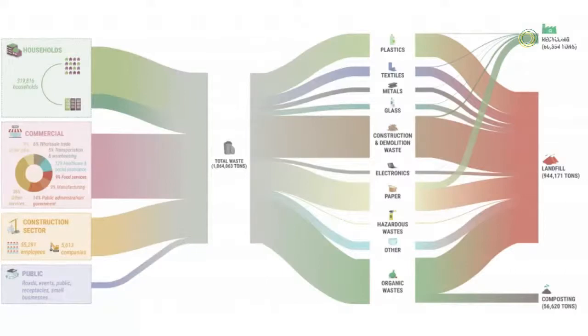So what actually happens to this waste after it has been collected? You can see that the lion's share ends up going to a landfill, and then we have the components on the top, which would be the recycling. And it's very interesting here, if you follow the colors, most of the recycling is coming from paper. Difficult, I suspect, for you to read on your screen, but some of it's coming from electronics, some from glass, some from metals, some from textiles. And then you can see down below the organic waste,